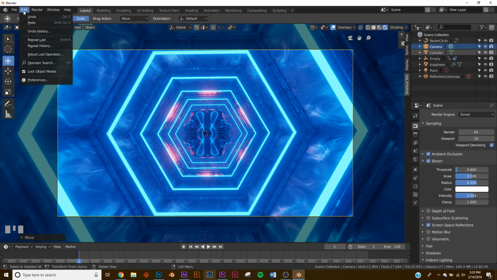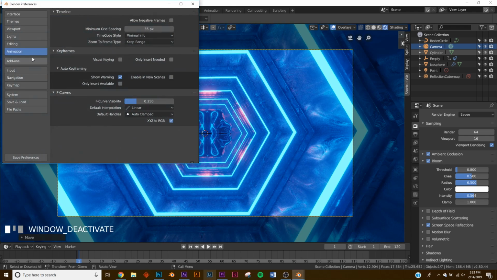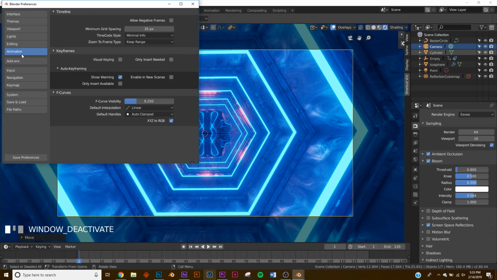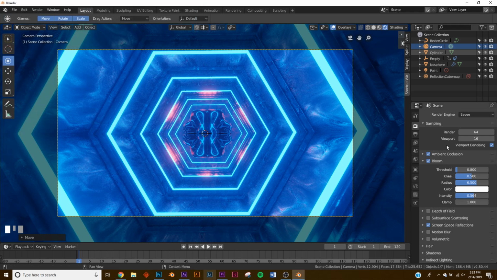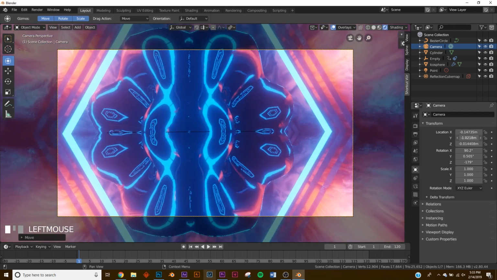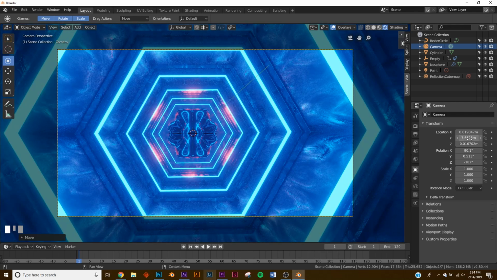So I'm gonna go back and change our keyframe interpolation. I'm aware of the shortcut, but for the guys who've never done this, I wanna show you where it's at. So right here on animation, just click Bezier. I'm gonna do a Bezier animation here. And then on the camera, go to the transform settings here, and it's gonna be on the Y. The Y is what's gonna animate it. So we're gonna animate the Y.